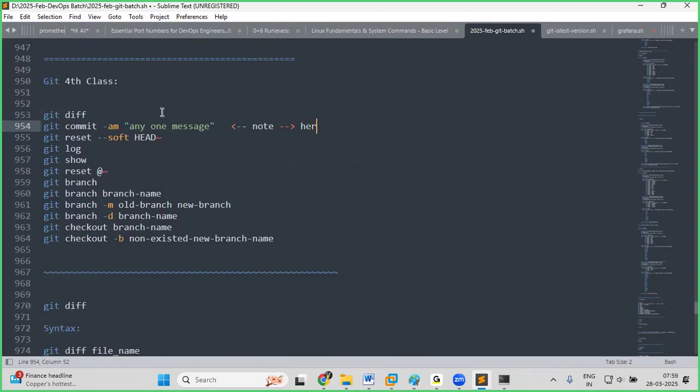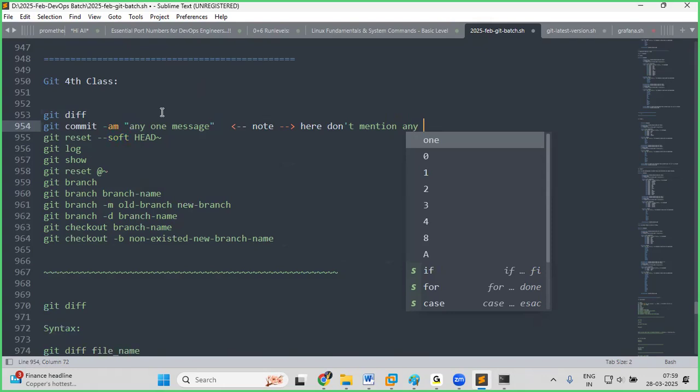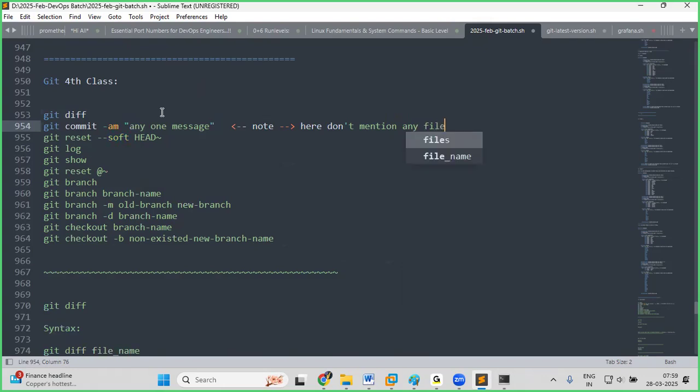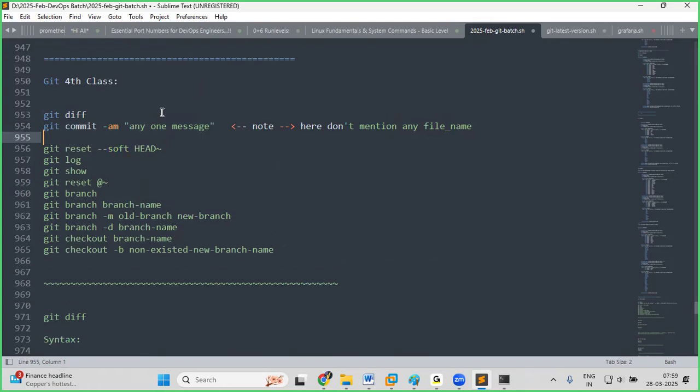Don't mention any file name. Just this is the command. So this command is used for